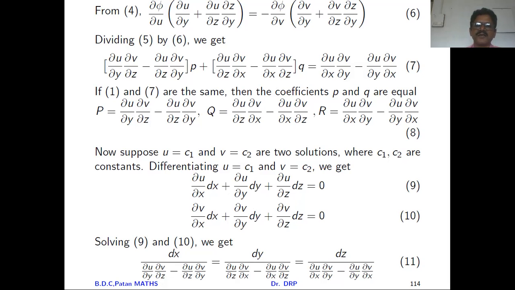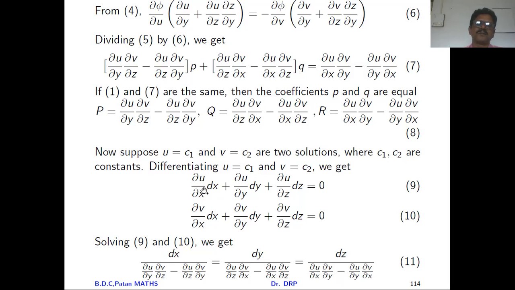To eliminate that negative sign, first you take the product of these two together minus the product of these two together. So dy upon it gives ∂u/∂z into ∂v/∂x, that is written here, minus ∂u/∂x into ∂v/∂z, and that is written here, is equal to, there we will get dz upon one determinant.